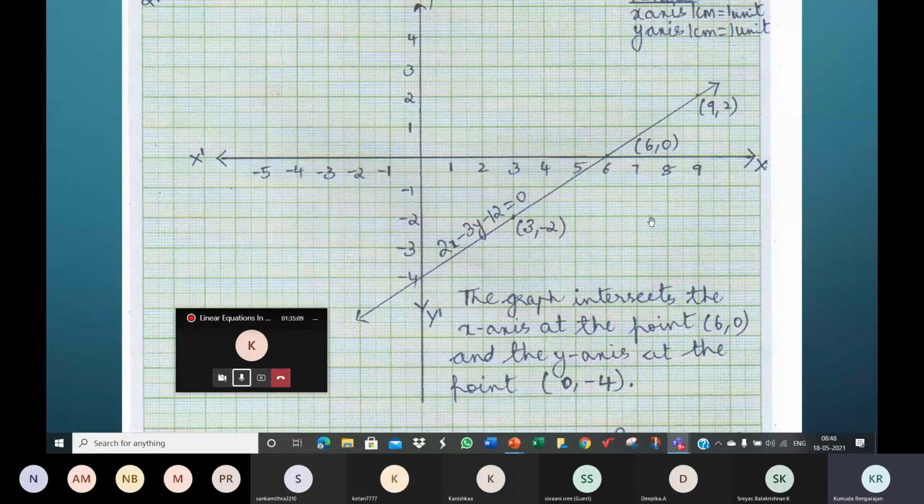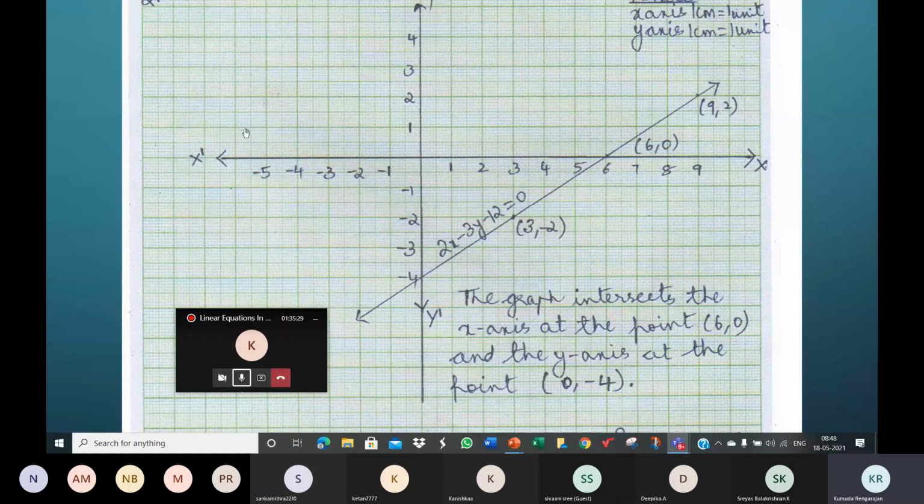See, now we did not make the graph. We just took up the equation. We found y when x is 0 and we found x when y is 0. Now we have these 2 points with us, 0, -4 and 6, 0. Now we know that every point on the x-axis,